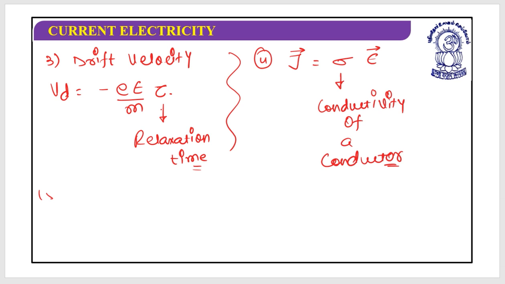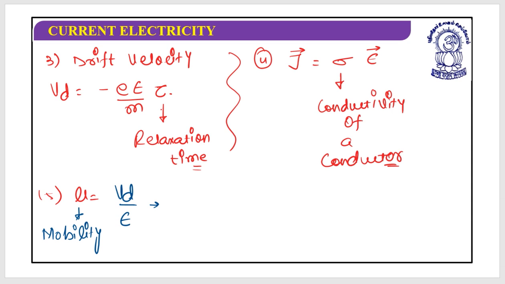And last but not the least, it's mu, which is the drift velocity divided by E. Mu is equal to Vd by E. This mu is the mobility. But this does not depend on the electric field, that we have proved and written on the previous slide. Yes, so these are the certain relations that we have studied up till now